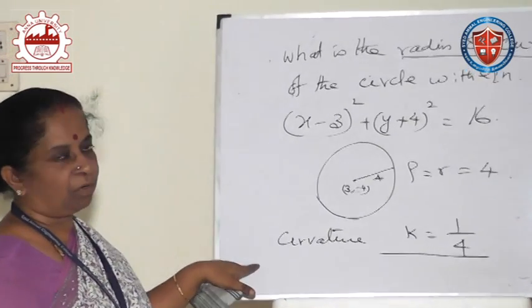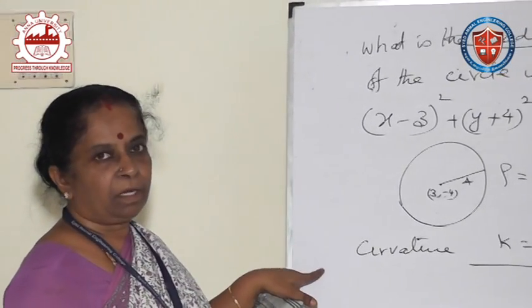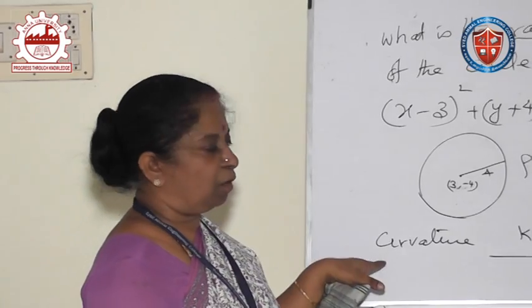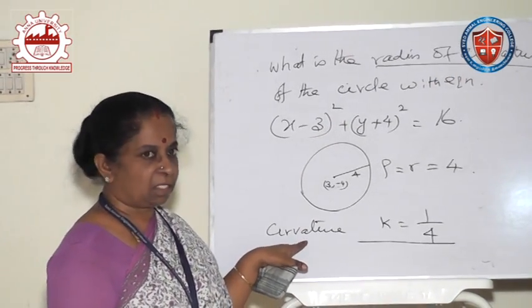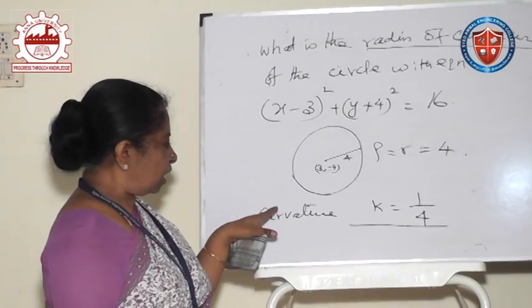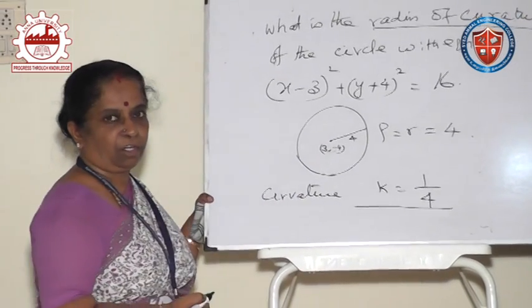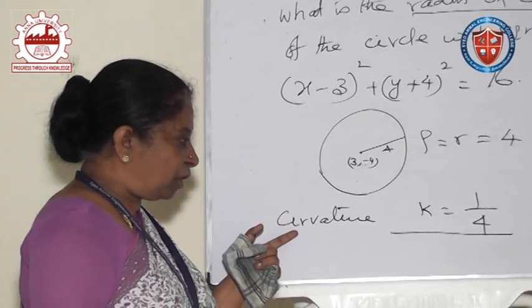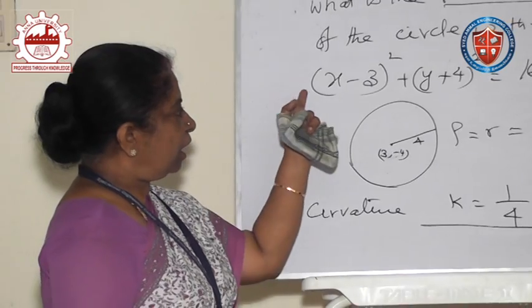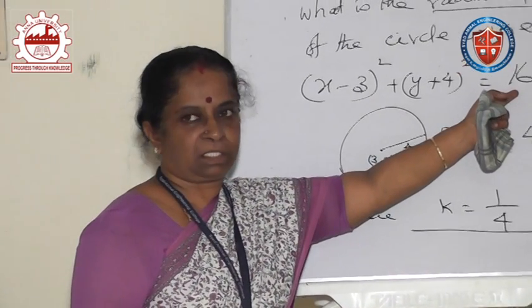So this is how we find, in part A questions, either the radius of curvature or the curvature. So curvature is your rate of bending. Radius of curvature is the reciprocal of the curvature. Any circle whose radius is given,